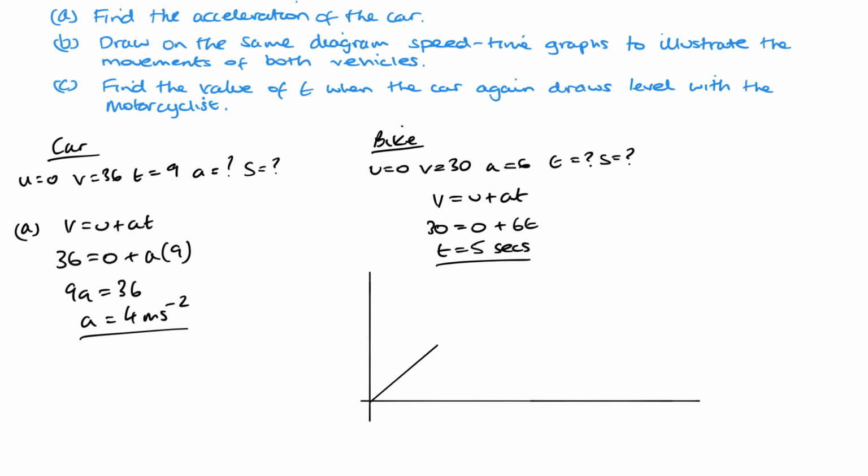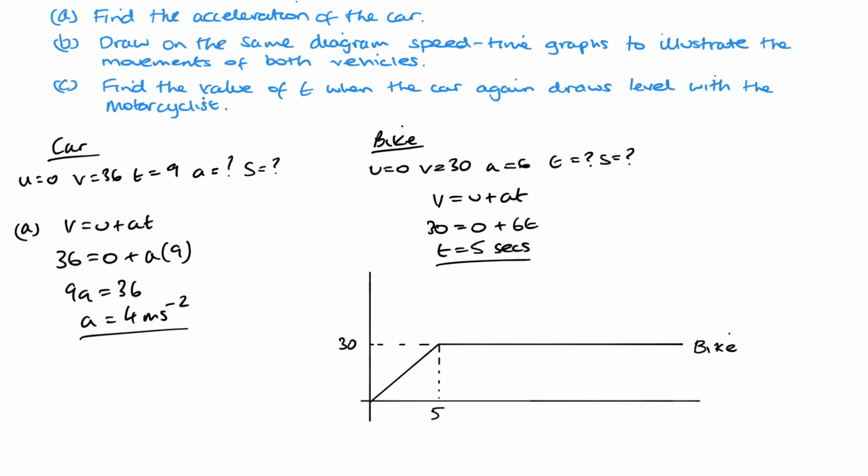So we're on a line here, and then after that it goes at the same speed, isn't it? Constant velocity. So we can keep that going. Now we want to take a dashed line across, and we also want to take a dashed line down, don't we, to show our time and our velocity at that point. So time is 5 and our velocity is 30. And this is the